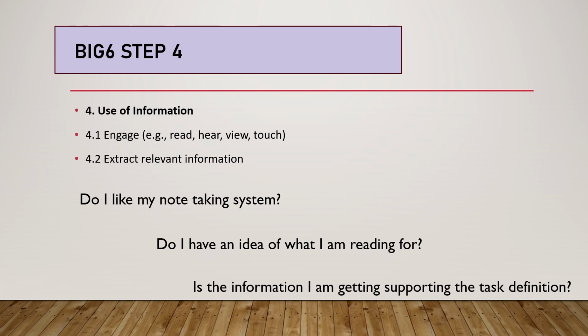Is the information I'm getting supporting the task definition? Always circle back to that. Am I getting what I need to finalize the task that has been given to me, or am I just kind of going off on tangents and it's very fuzzy and it's not focused? That's why we've got the framework, to help keep you focused so that you are getting what you need